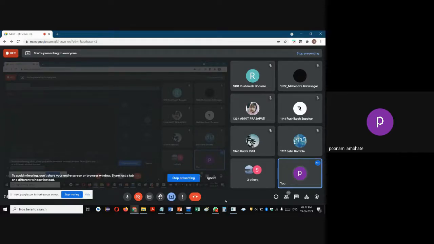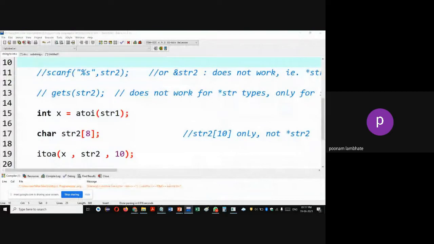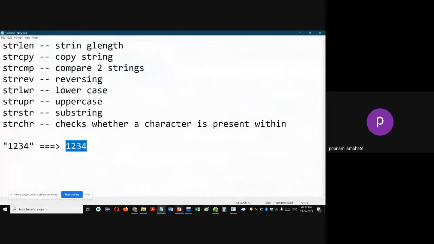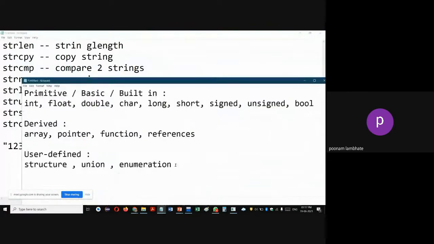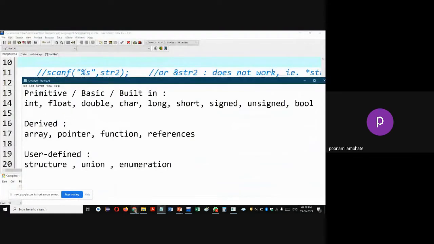A part of user defined data type was array. Why? Because you defined what elements will be there in your array, right? But you did not define how your array can be accessed, how you can store elements in your array. All that you did not decide. You just did it as per the rules. But here you can define your rules. You can define your data type. So it's a very interesting concept, which is especially important for software developers. They can decide how they can use their data type. So